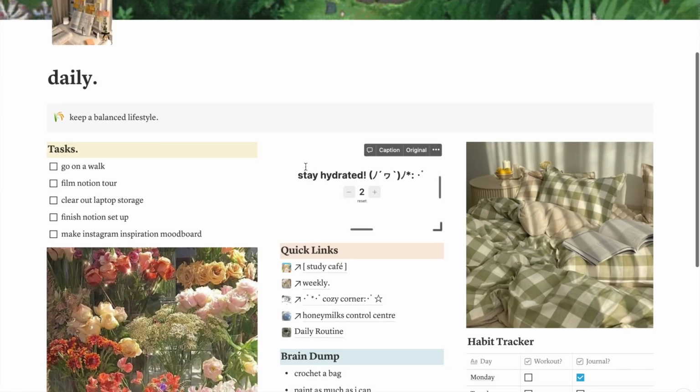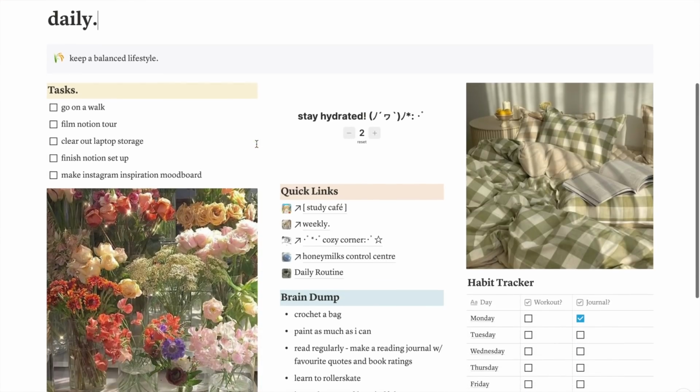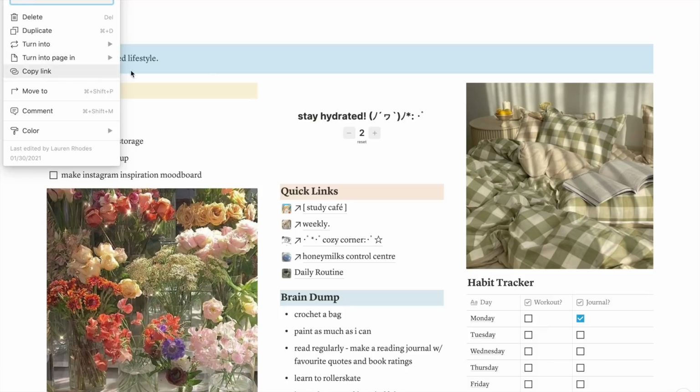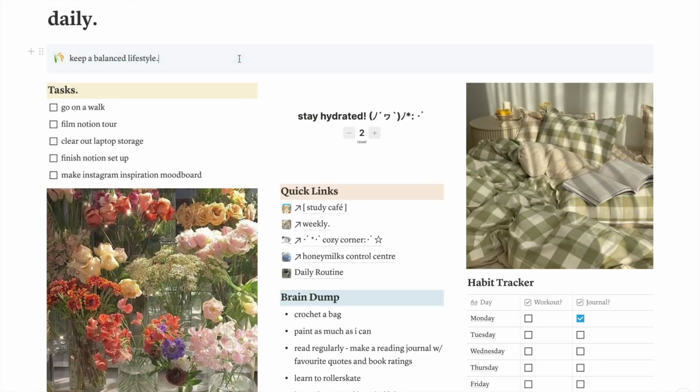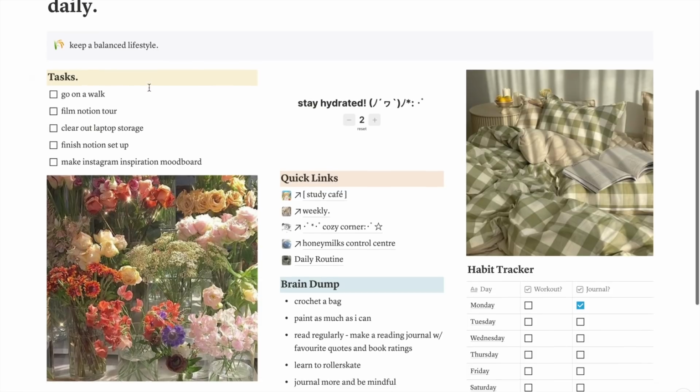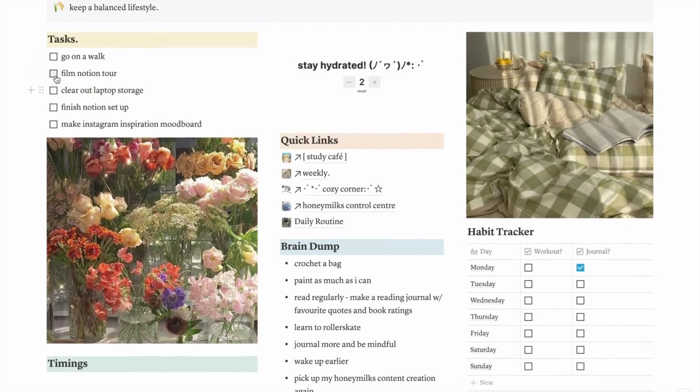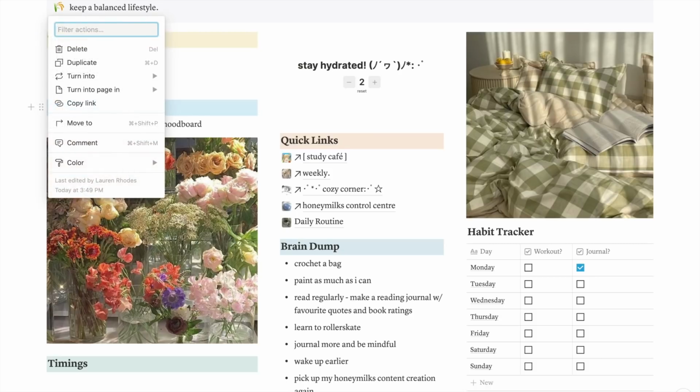But yeah, I've got a little quote at the top just to remind myself, because I forget that quite a lot, but you can move elements around in the page really quickly and kind of change things up, because I get bored of things quite quickly, so it's nice to change my theme a lot. On the left we just have a little to-do list, things I want to get done each day. I've actually finished my Notion setup, so I'll just take that away. So yeah, that's my main to-do list that I use to track tasks I need to do every day at